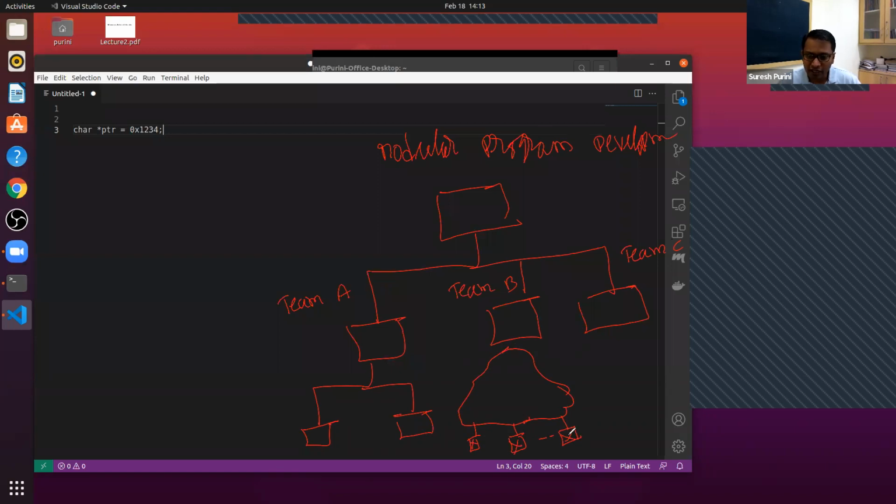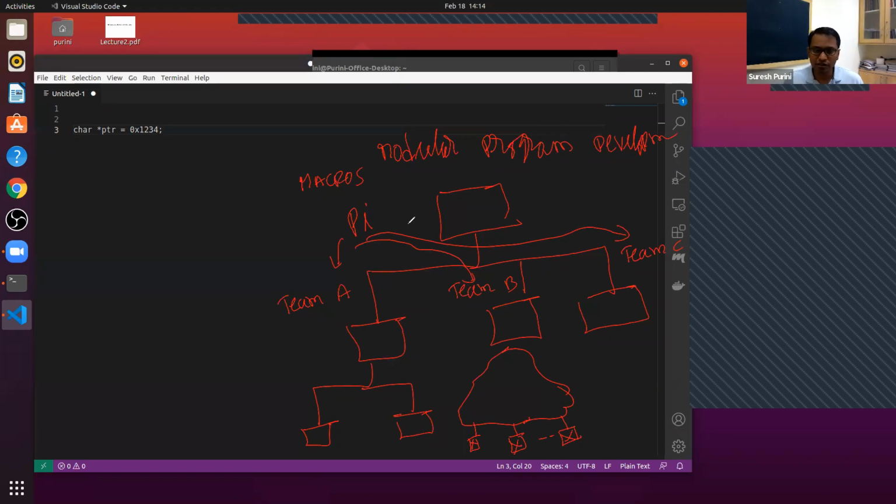And we try to bring some structure and sanity to this complex software development process by using macros. For example, if you are using some value of pi, the same value of pi should be used by all the teams. It cannot be the case that team A uses some value for pi, team B some other value, and team C something else.